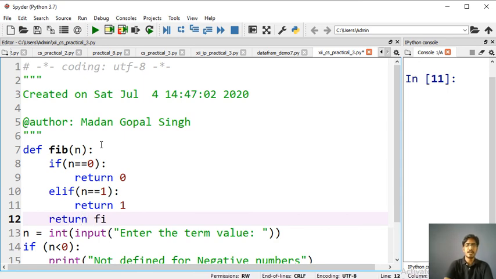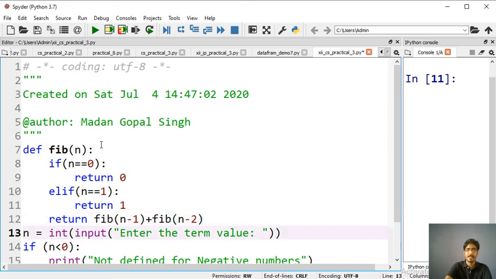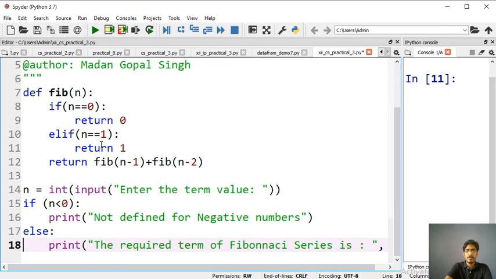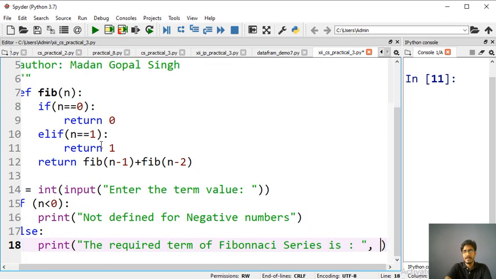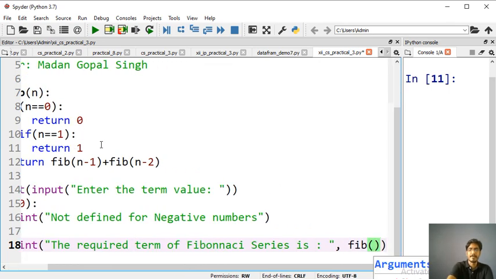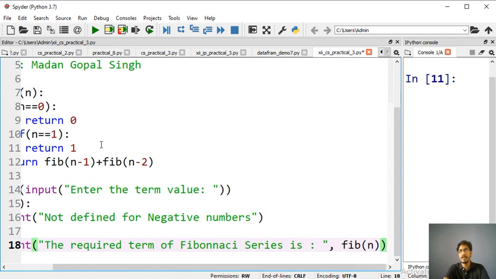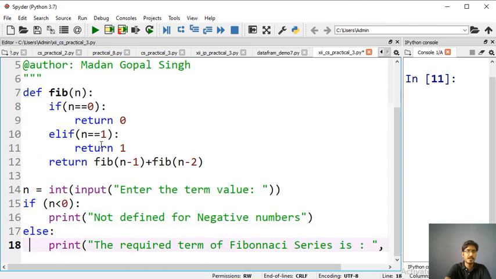Otherwise, return fib n minus 1 plus fib n minus 2. You can write the else, but it is not necessary. These last two terms we are adding. This will keep on calling, and we are calling from here fib n. Whatever value we input will come here, and that's all in this problem.